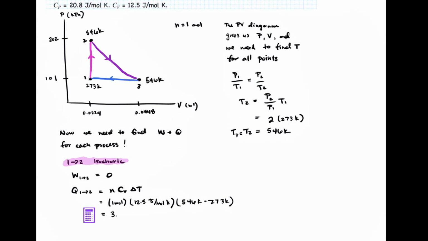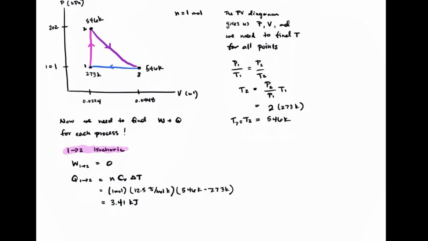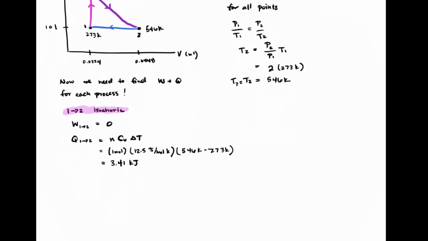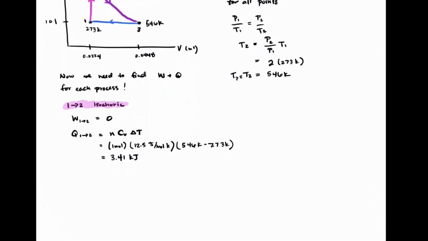That's going to give us a heat of 3.41 kilojoules, which is 3,410 joules. Okay, but it's a lot of energy, so we're going to write it in kilojoules. Then we can do our next process, that's the isothermal process. So for the isothermal process, the work is a little bit more complicated, but remember, work for an isotherm, we know that